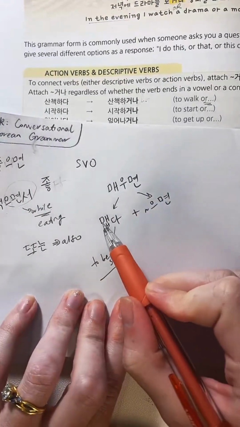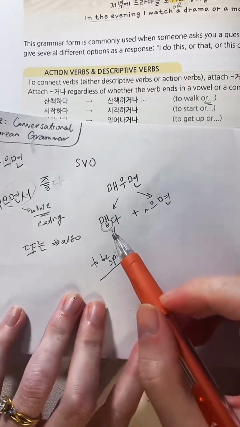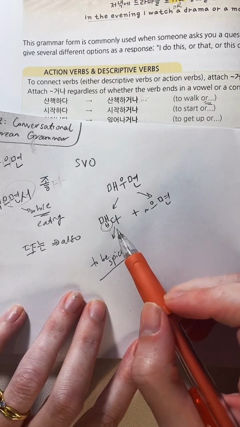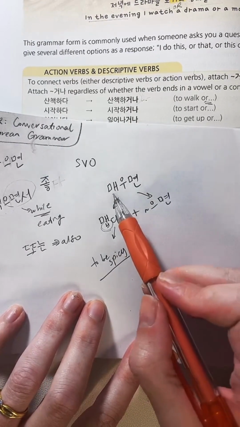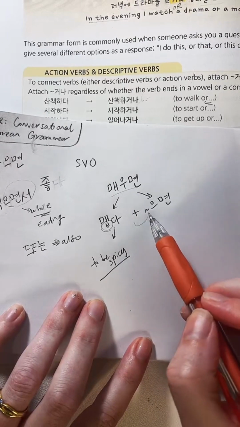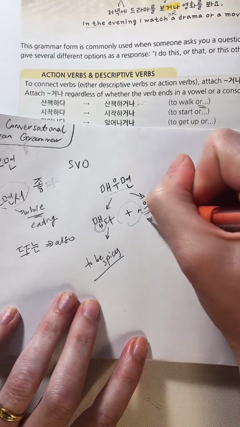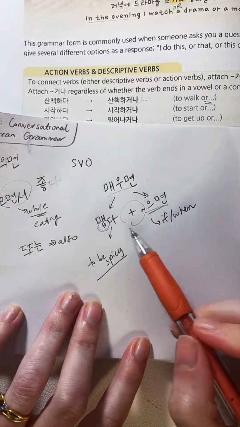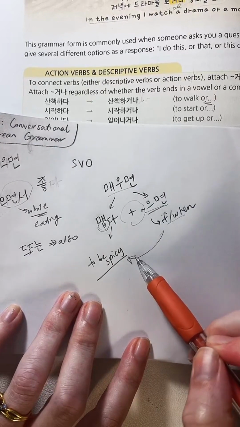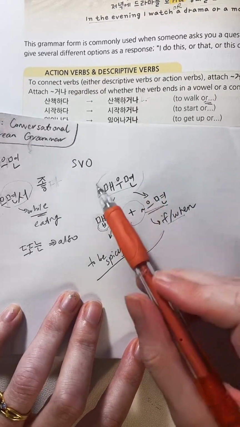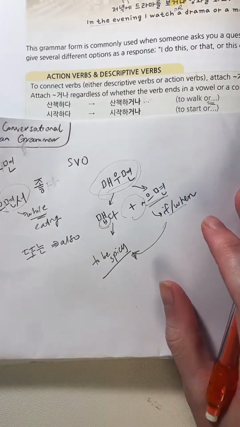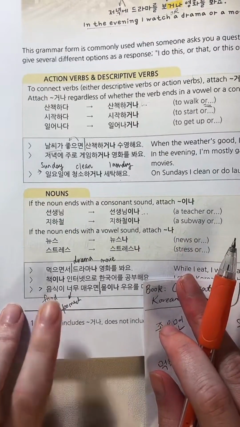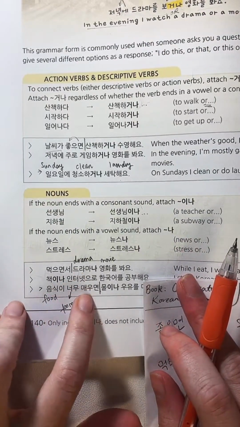But it is a ㅂ irregular verb, which means that it conjugates a little bit fancy and becomes this when it interacts with 으면, which we learnt before is the if or when grammar form. So 매우면 is if it's spicy or when it's spicy. So the food, if the food or when the food is too spicy,